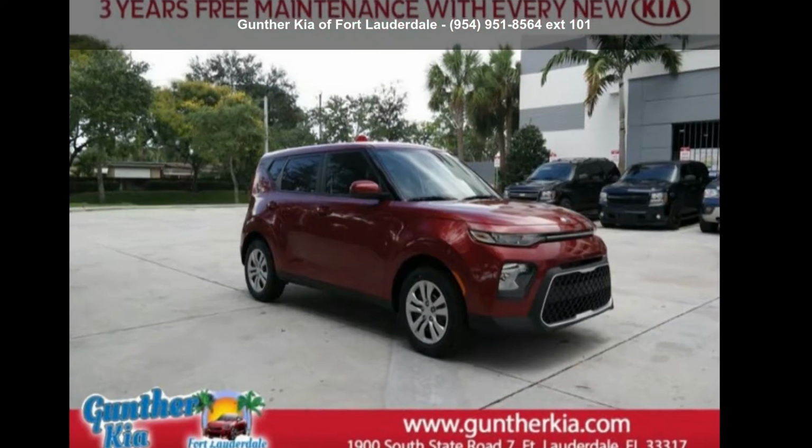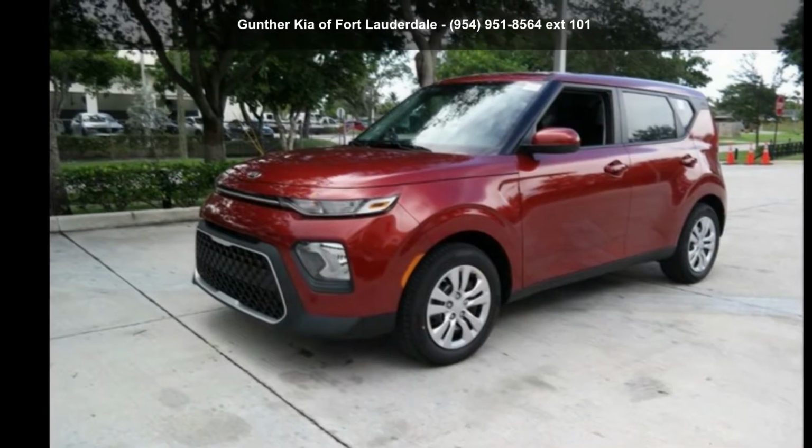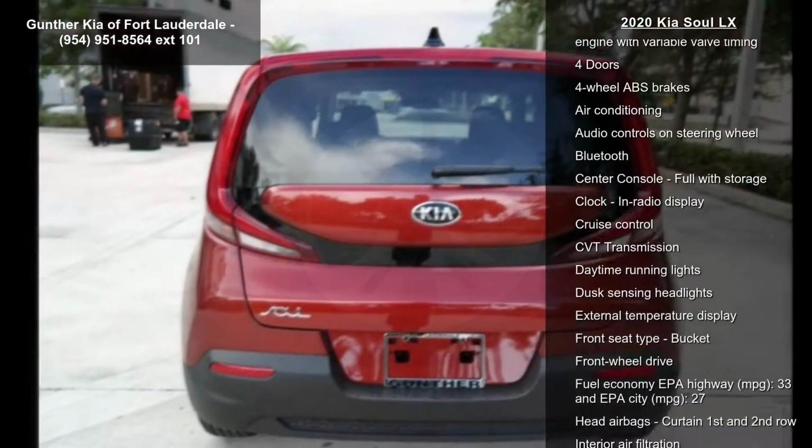Arrive in style with this Kia 2020 Soul LX. If you are looking for a first-rate auto, this one could be yours today. Enjoy these notable features: 147 horsepower,